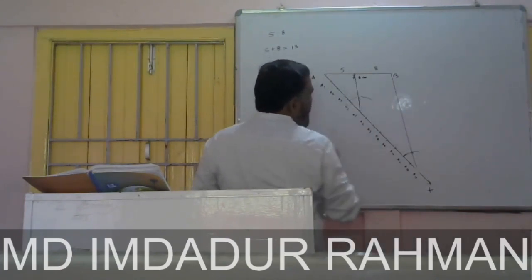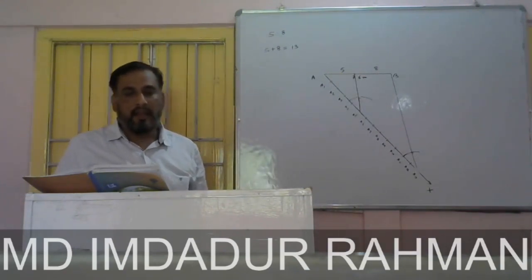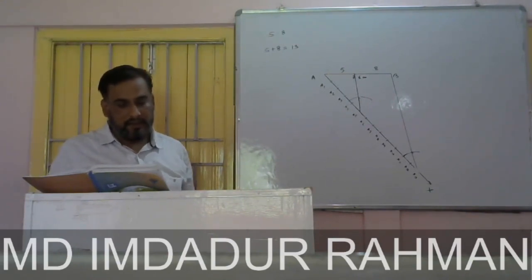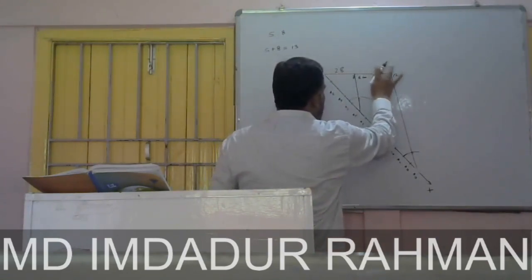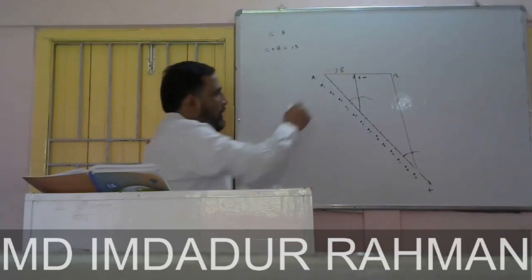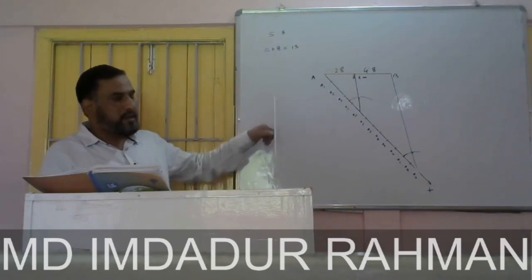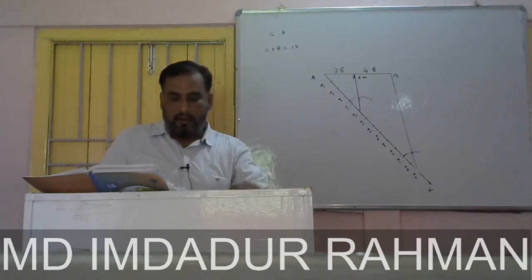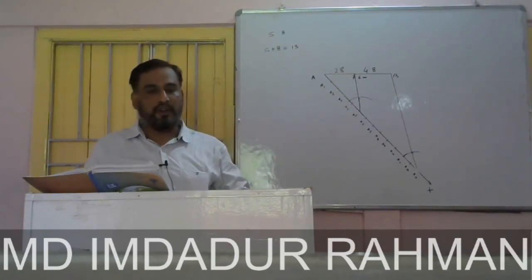So this is 5th part and that part is 8th part. So using a scale, if you take the measure of both parts, then you will get this will be 2.8 or something, and this part will be 4.8. Okay. So this is your construction, how to divide a line segment in the given ratio. So construction is finished.